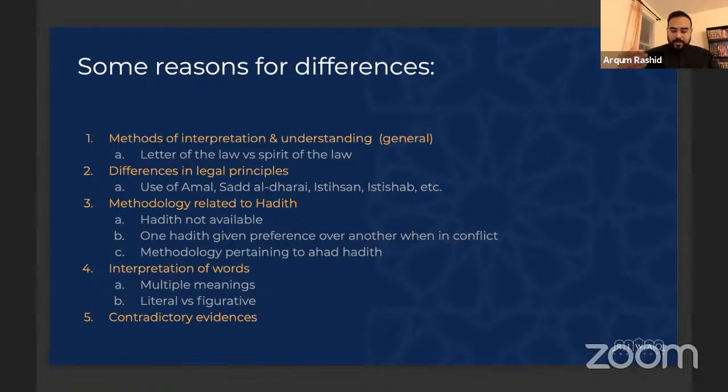That outcome that I arrive at will be different than somebody who is not recognizing amal as an appropriate tool of Islamic law. So number two is the differences in legal principles. Number three, the methodology related to hadith. This is one of the major differences between these schools. And this is also that difference that, in a way, not fully, but in a way defines